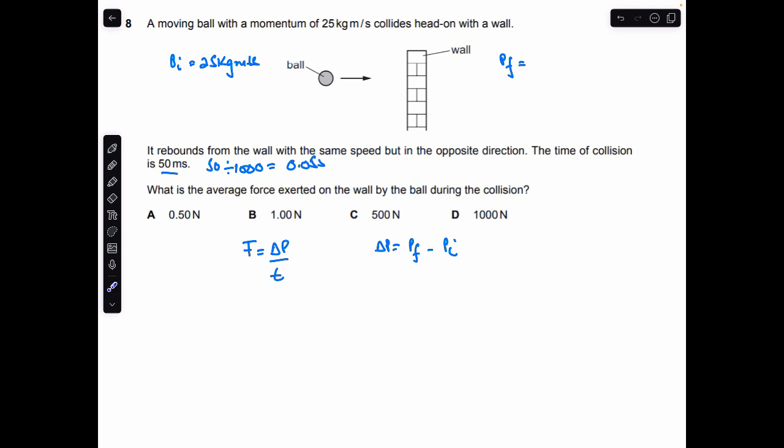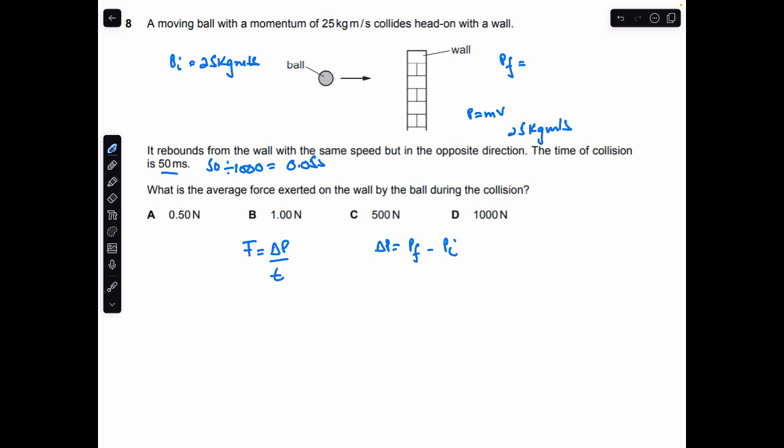Now it says it rebounds from the wall with the same speed. Now we know that momentum is mass into velocity. Now we're talking about the same ball, hence the mass is going to be the same. It says it rebounds with the same speed as well. So you would think that the momentum after collision should also be 25 kg meter per second, but this is